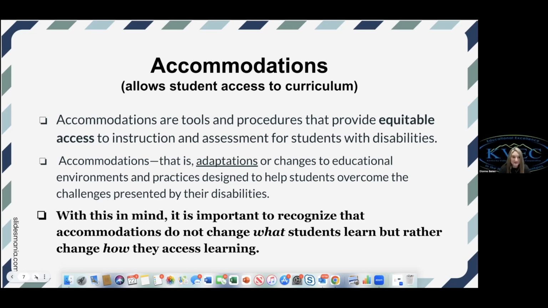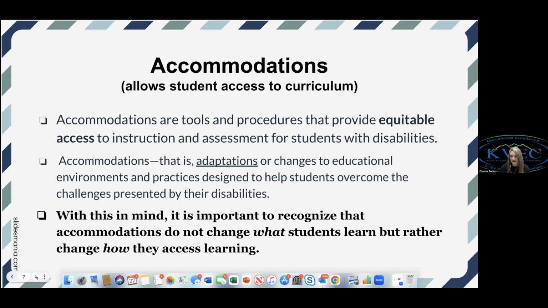That could be that we print off the PowerPoint presentations we're using for our lecture and give them to kids as large print for kids that have visual disabilities. So there's all kinds of ways that we can accommodate, because what we do is we think about what the disability is, and then what tool or procedure can we use to accommodate that student